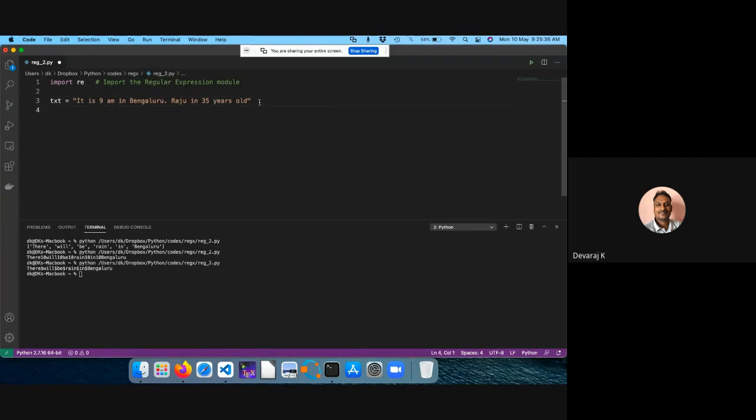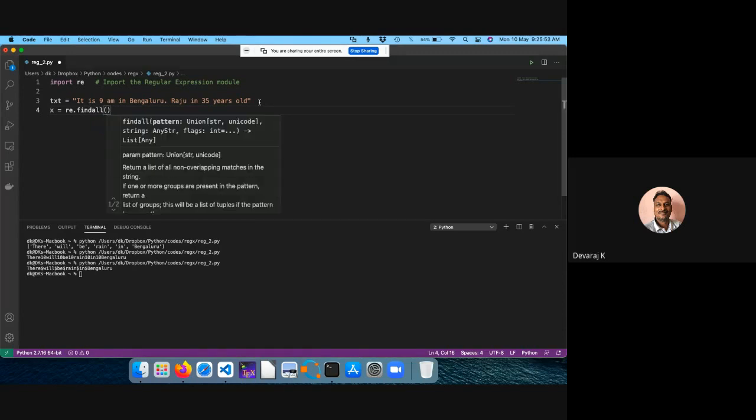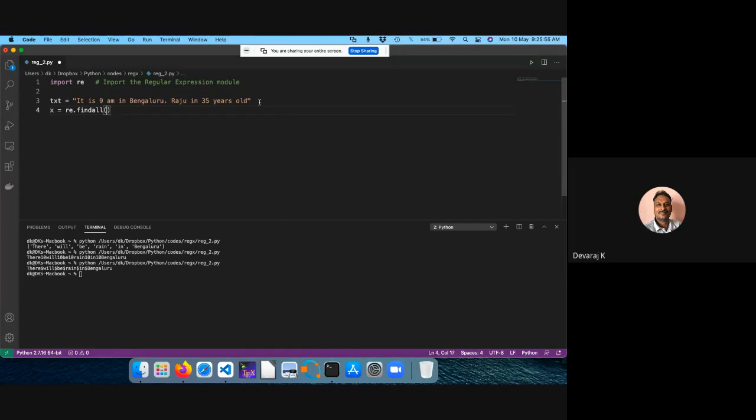So what should I do? Let me take some result, x. So x is equal to re dot findall. What I'm trying to search here should be slash d, slash d plus, that way it can be more than one digit.